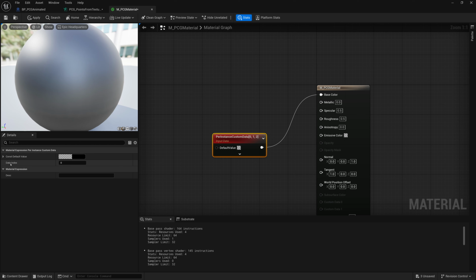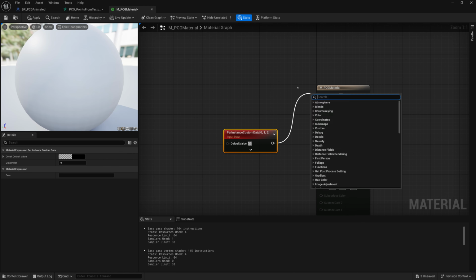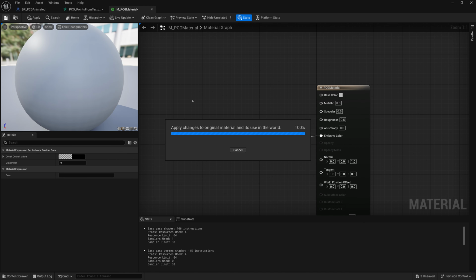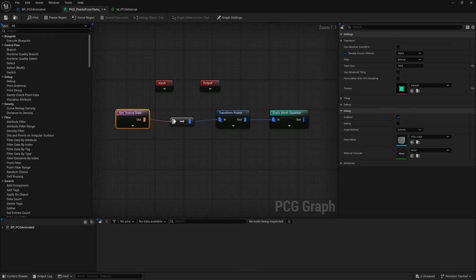And you can change that. You can set the data index to a higher number, but by default, it'll bring in 0, 1, and 2. So that would be like our red, green, and blue values. So if I were to do something like that, and then connect this to either base color or emissive color, maybe I'll do emissive color just so we could see it a bit easier, and save that, and then apply this to our PCG. So jumping back over to our PCG graph,